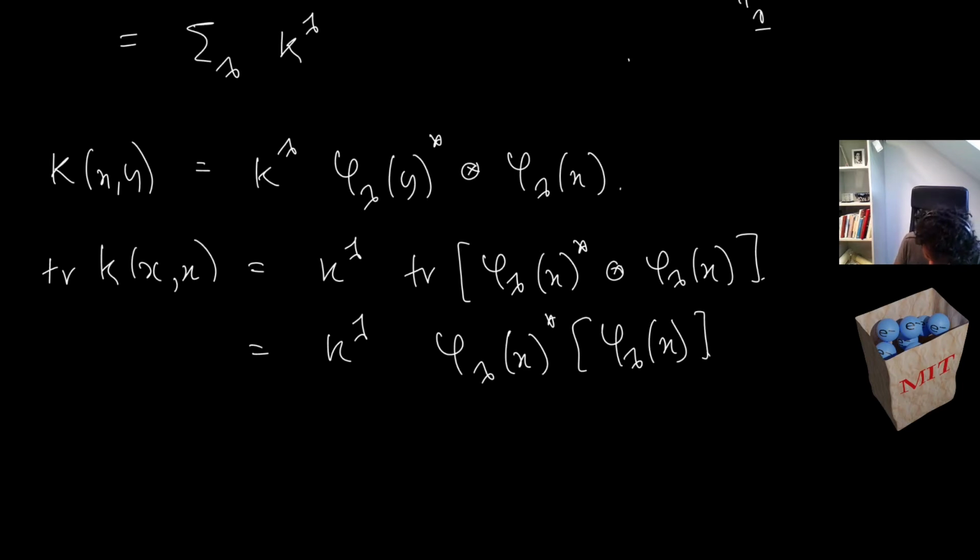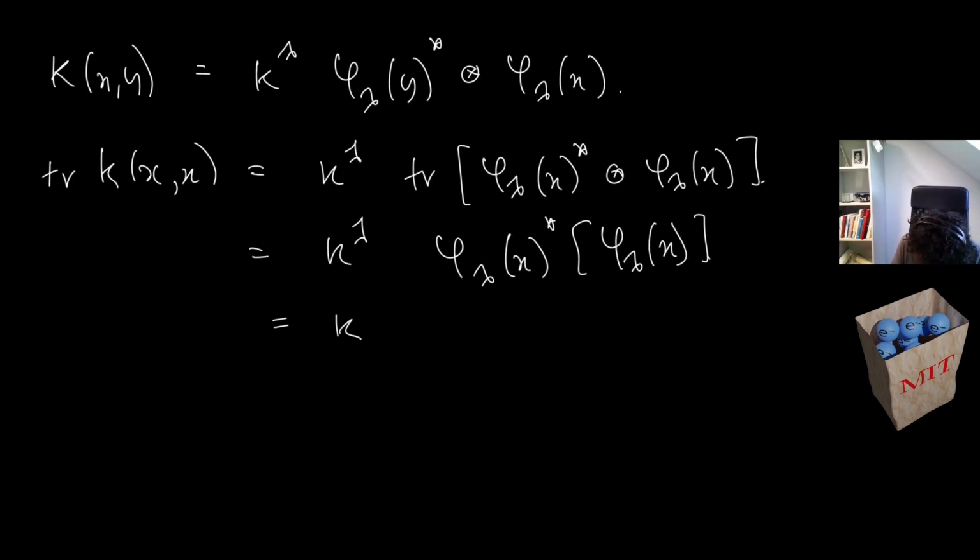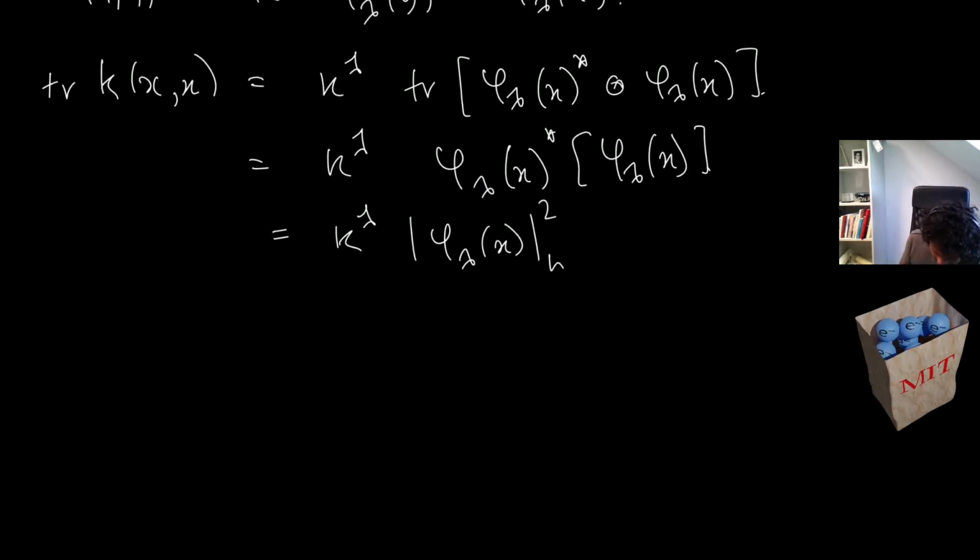Good. So this is now going to be the modulus of phi lambda of x squared, with respect to this metric h. So the point is that if we now integrate the trace, so we integrate this trace of K x x,